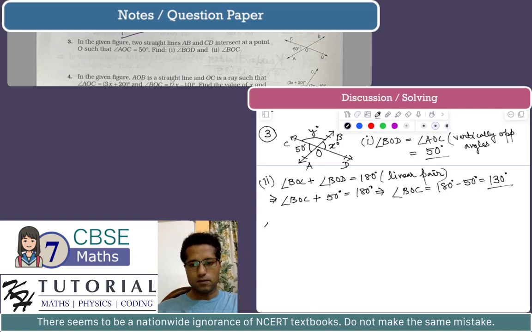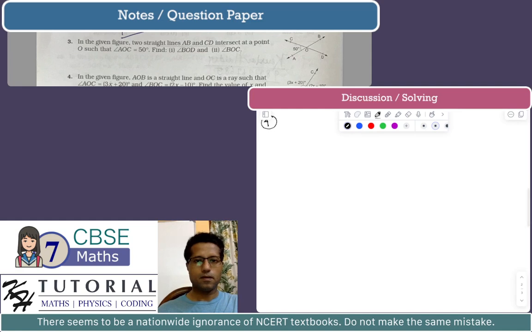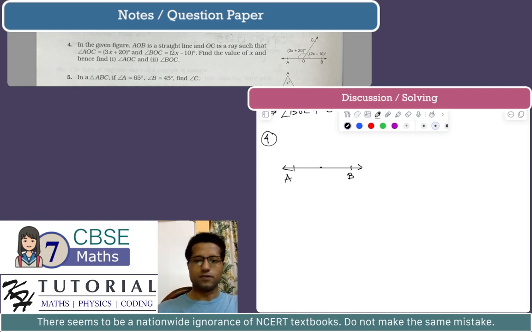Okay, let's solve problem number 4. So we have a figure. So we have a straight line AB, and there is a point O on the straight line AB, and we have a ray OC, and it is given that